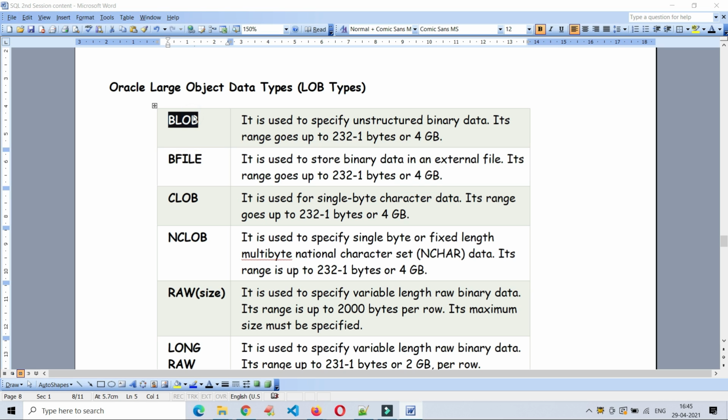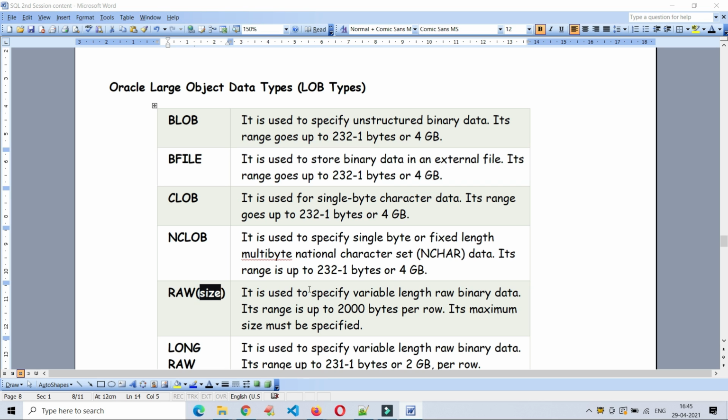Here binary large objects may be images. CLOB, character large object, to store any information which is huge in size, as I already gave one example, that is profile or resume. NCLOB, multi-byte national character set nchar data, size up to 4 GB, the same purpose as CLOB.